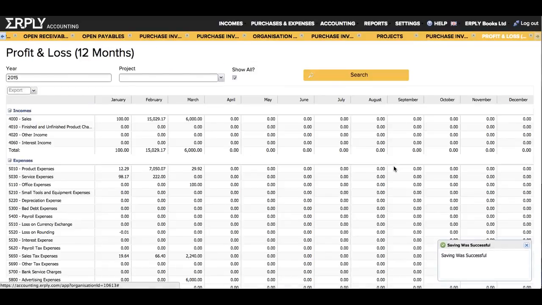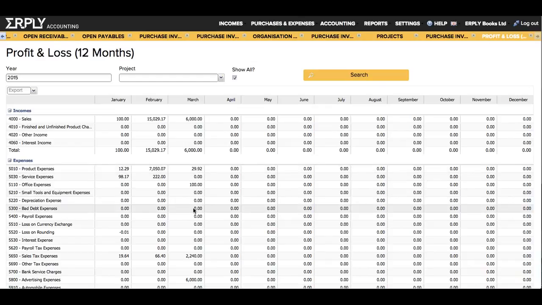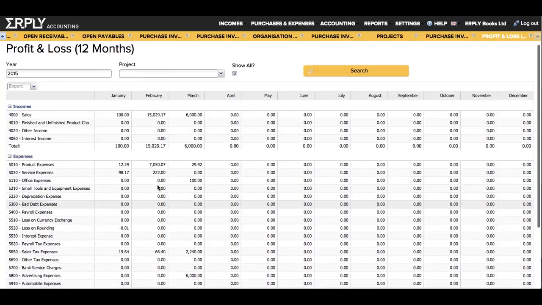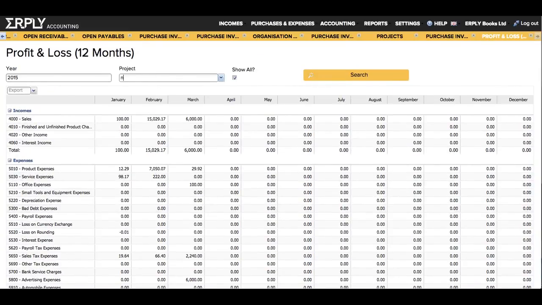For example, when I take a profit and loss 12 months, here I can see that we have all the sales and expenses divided into months and divided into accounts. And here I have a project. Every report in ERPLY Books has a project. You can select here a location or see the whole company together. Right now, when I take New York,